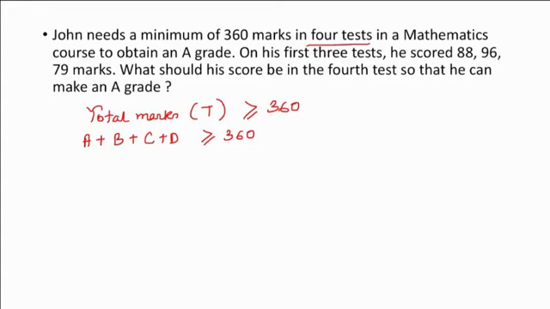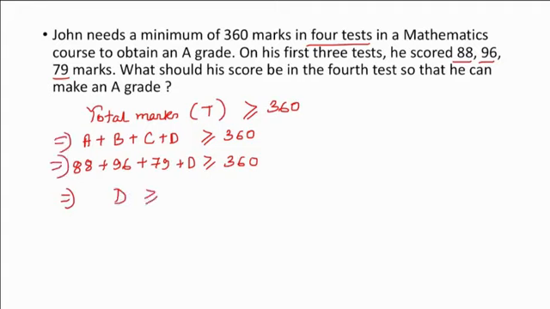Now it is said that on his first 3 tests he scored 88, 96 and 79 marks. So 88 plus 96 plus 79 plus D must be greater than or equal to 360,